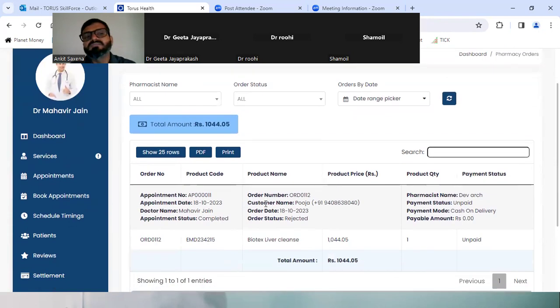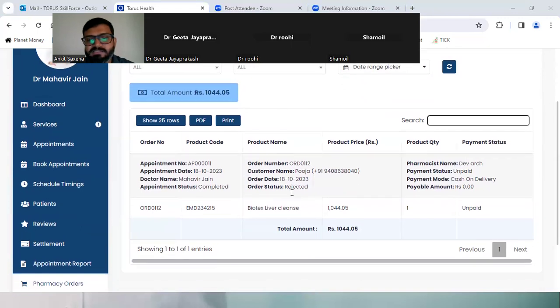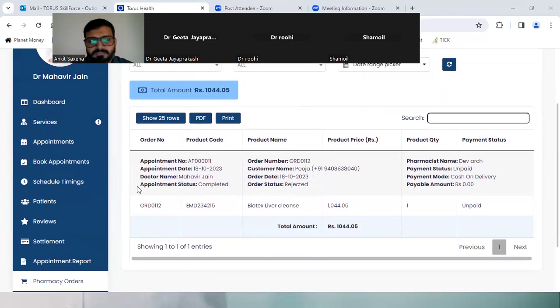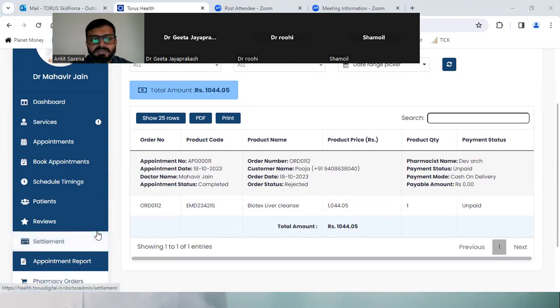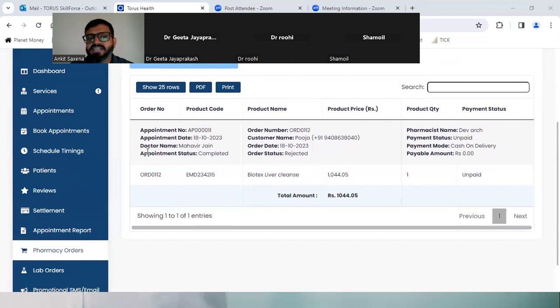From the back end, the admin team will be connecting to those patients, and if the patients order the medicine from Torus Health's page, then all those orders will get reflected here in the pharmacy orders page. So these are the pharmacy orders or the medicine orders that your patients have placed.